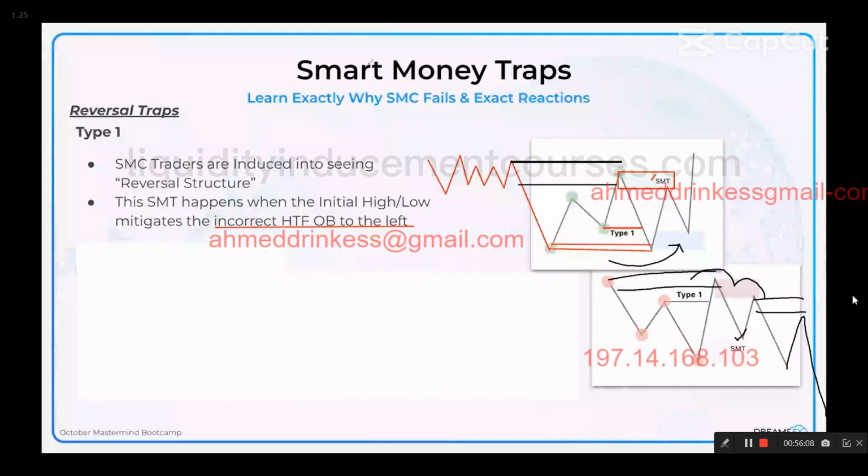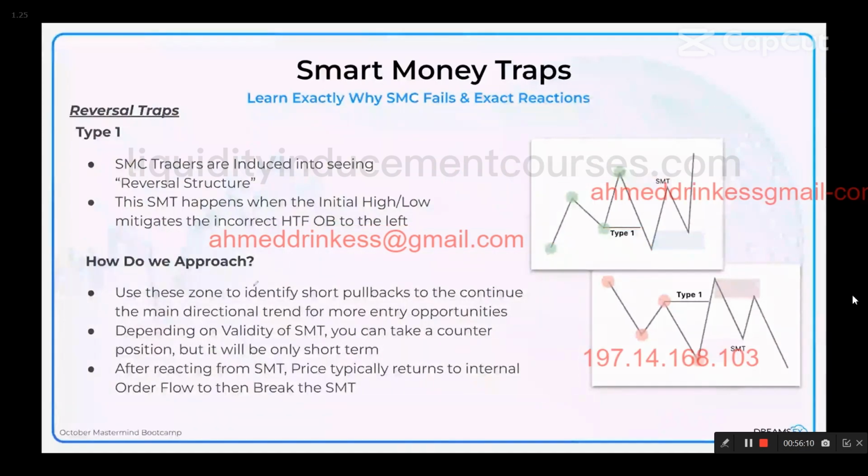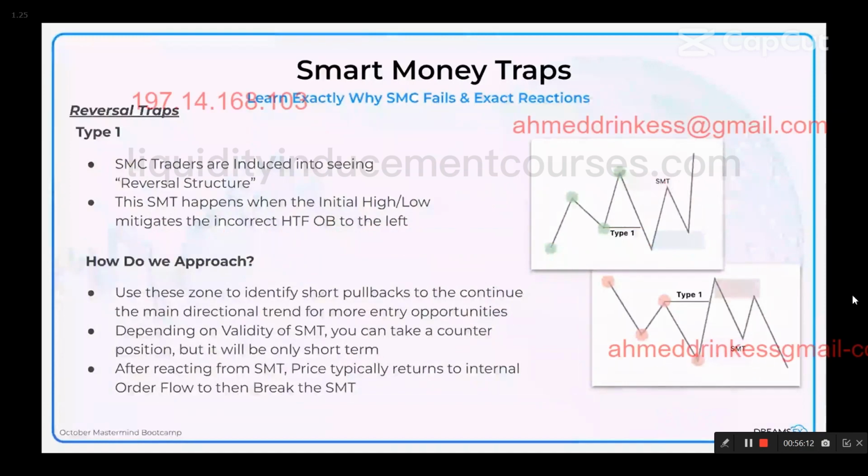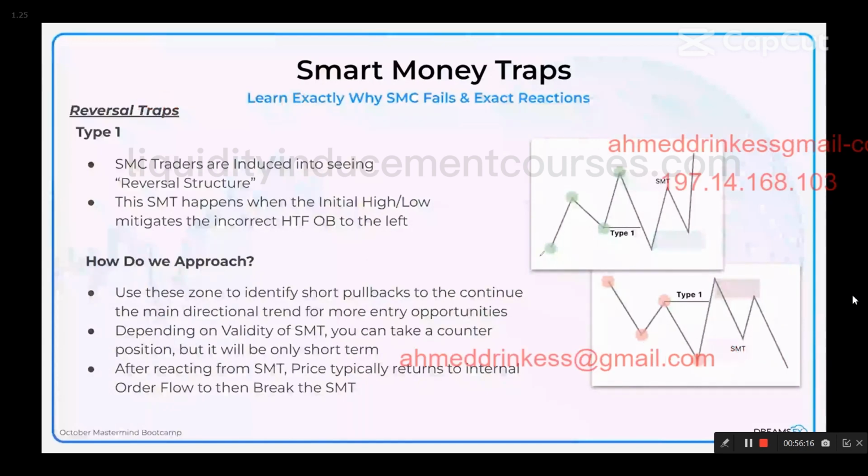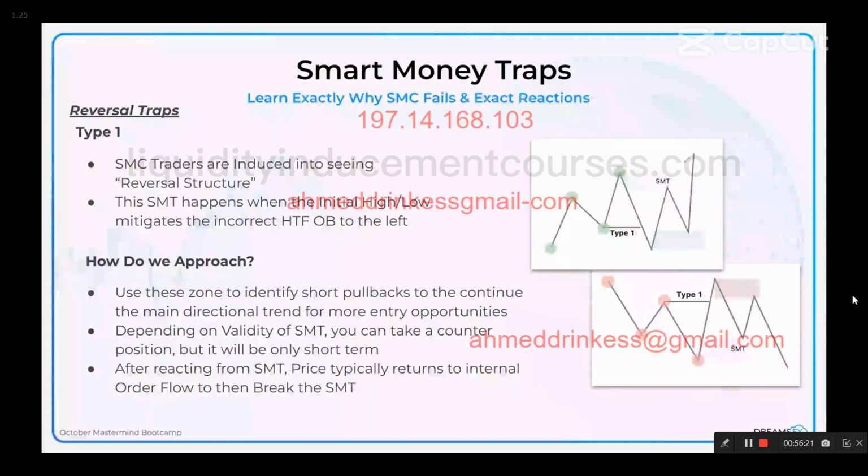Okay. So this is how we need to view it. And then how do we approach it? We use these zones to identify short pullbacks to continue the main direction trend for potential more entry opportunities or for more order blocks in the right direction. This happens all of the time, every single day. And that's how I'm able to get all of my positions or have my very high quality order blocks, because